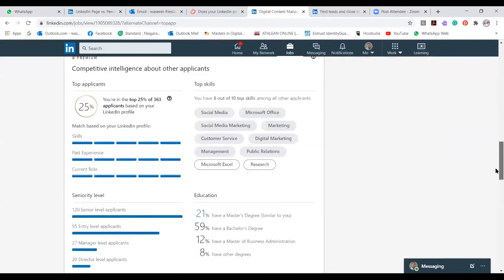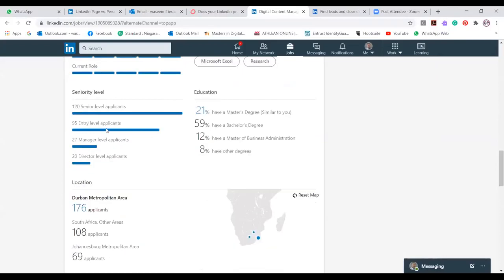If I go further down, it gives me slightly other insights. So, for example, it shows academically, comparatively to those individuals where I rank. It shows me the top skills versus the top skills that were requested. It shows me even who and in what areas they posted. You've got to make a decision. Is this relevant to you or is it not relevant to you?